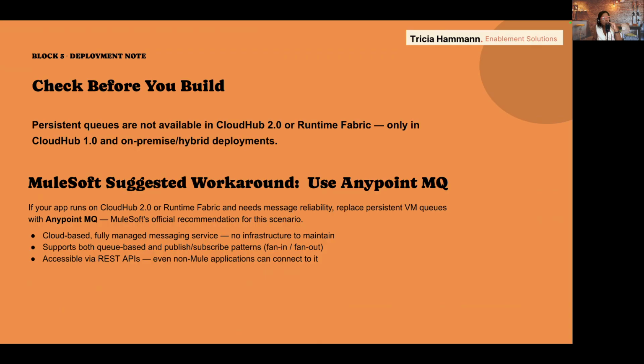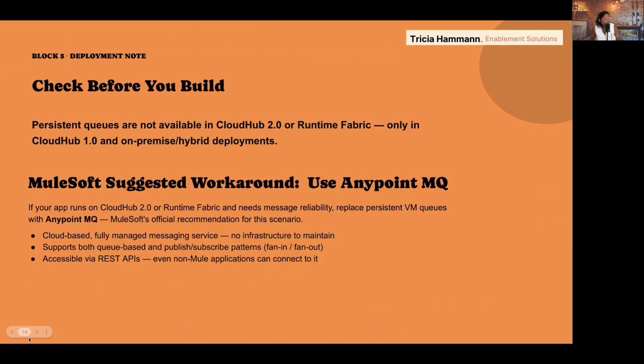And just like you said earlier on the whole message broker decision point, that's what this is. Anypoint MQ is a message broker. So they're saying if you want long-lived persistent messages, then we're not going to give that to you for free with CloudHub anymore, like they did on CloudHub 1.0. That's all they were saying. But we can still do a lot of the other things you showed are the benefits of persistent queues on CloudHub 2 and Runtime Fabric. You just have to use clustering and 2 replicas. Perfect. Got it. Thank you so much, Ryan. Yes, this is an architect speaking from the architectural point of view.